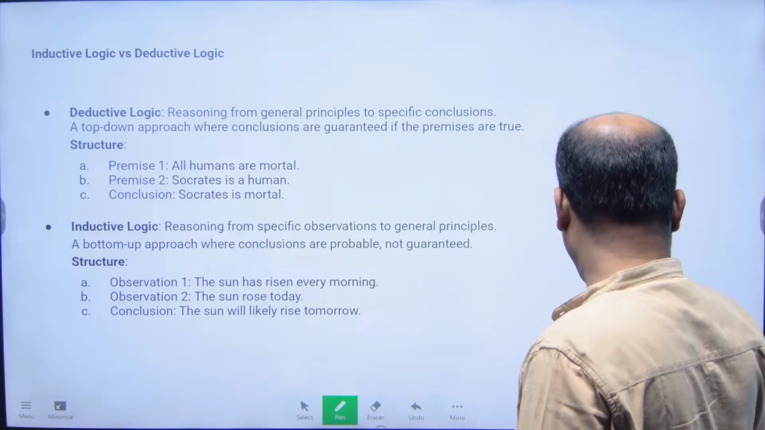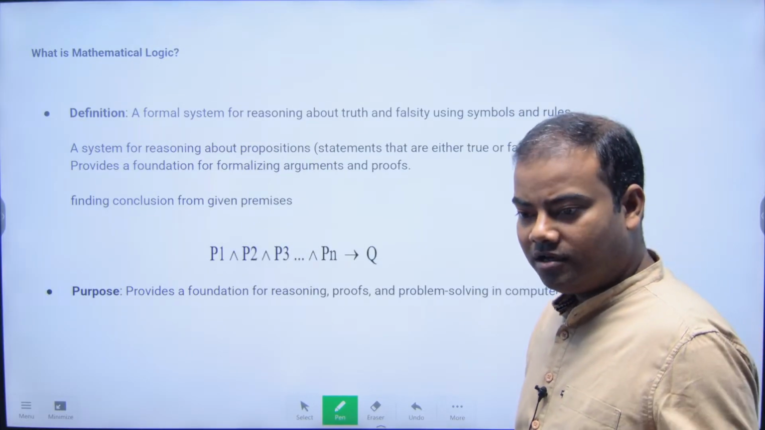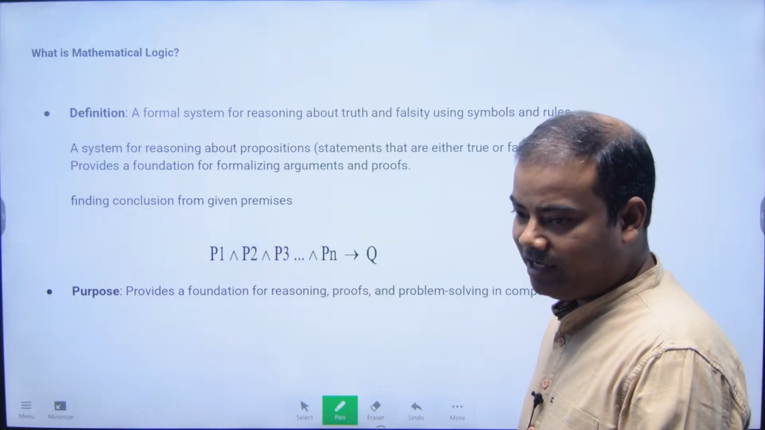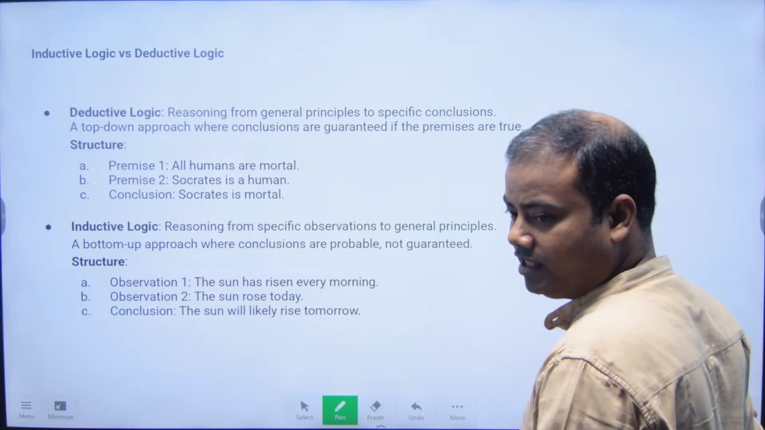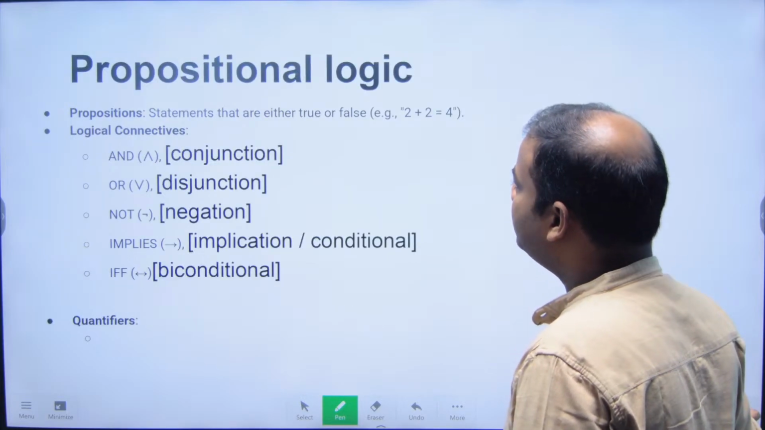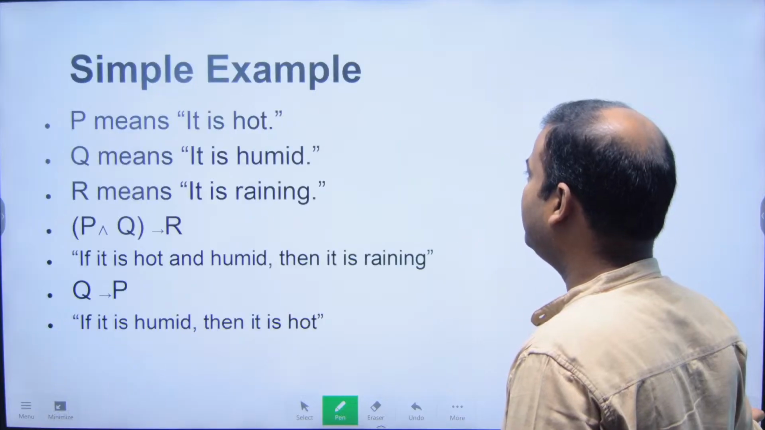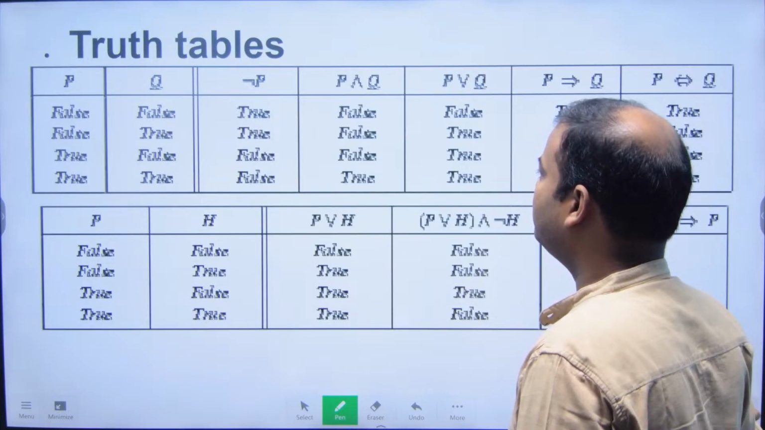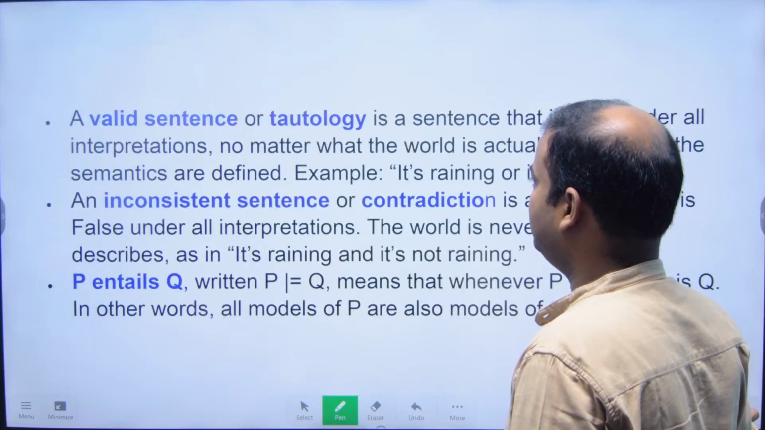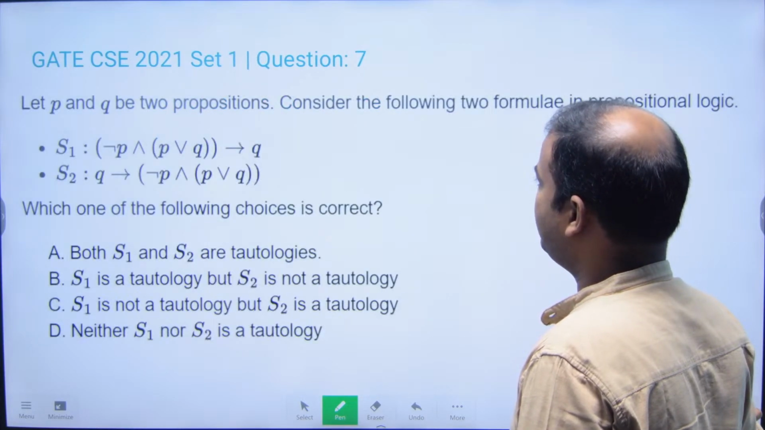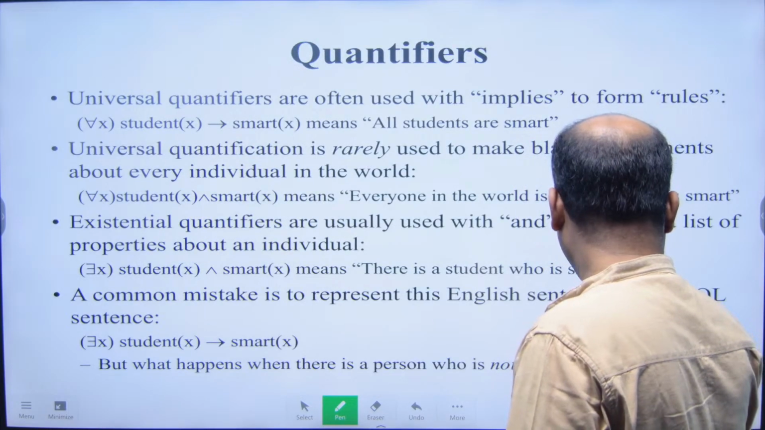What we discussed actually: what is mathematical logic? From given premises we have to find a conclusion. After that, inductive logic and deductive logic, that difference. Then propositional logic, basic connectives, then simple examples, truth tables. These things we did yesterday, and a few questions. Now today we will do